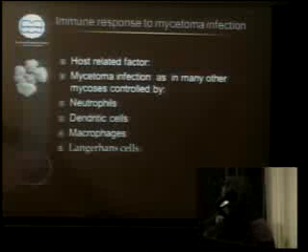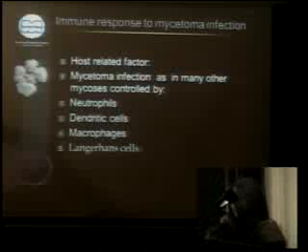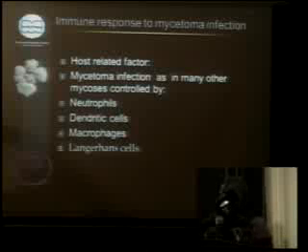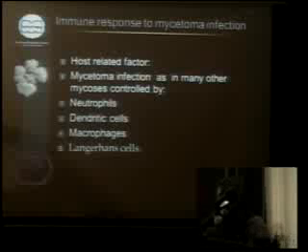Other cells here, dendritic cells, which act as antigen-presenting cells, and macrophages have no roles in mycetoma infections. Langerhans cells act as phagocytic cells, take the antigen, or conidia in the case of mycetoma, and present the conidia to T helper cells. This explains why all people in the mycetoma endemic area produce high levels of antibody in spite of no mycetoma infection appearing in these people.